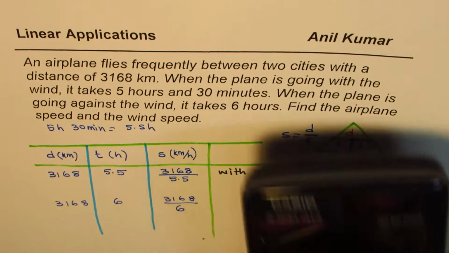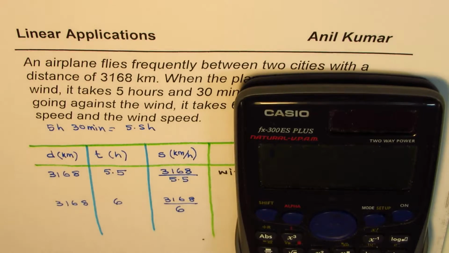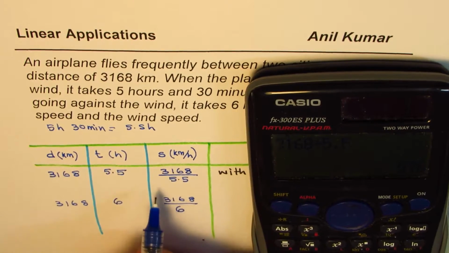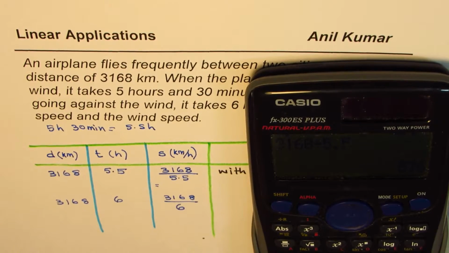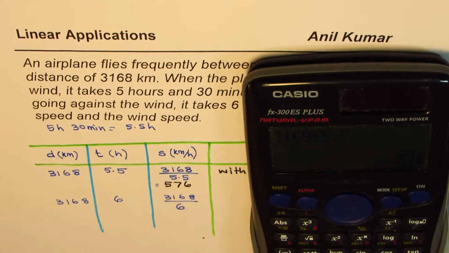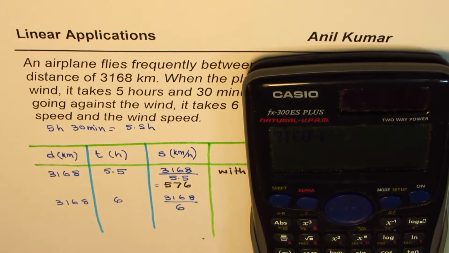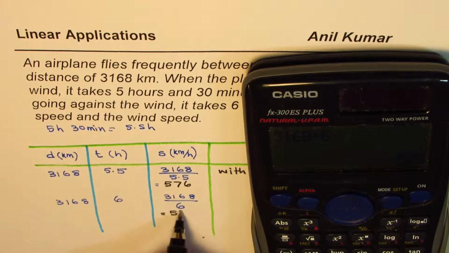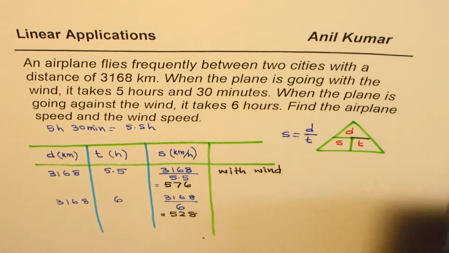Let's use the calculator to calculate both the speeds. We have 3168 divided by 5.5. The value is 576. The other one is 3168 divided by 6, which is 528. Now, can you tell me why